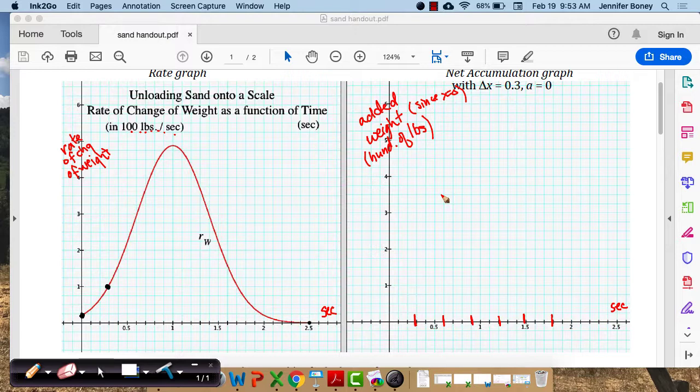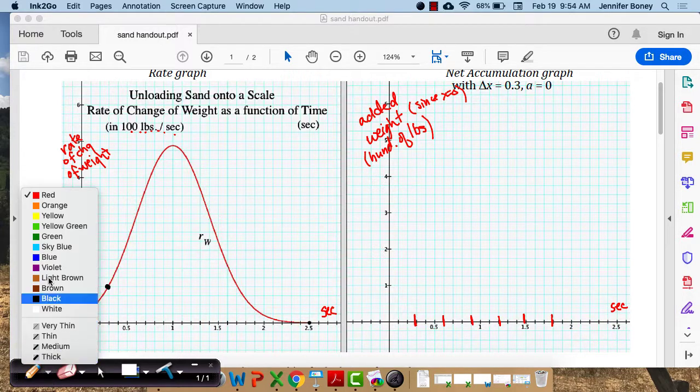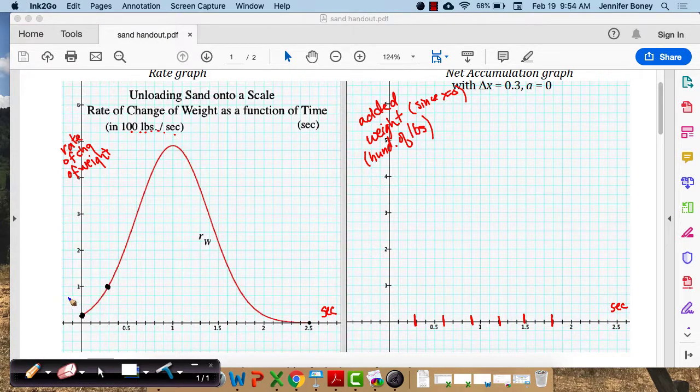All right, so we'll get to doing the graph in a little bit, but one of the first things it asked to do after that was to highlight the points on the curve, and I did one already, and label them exactly using function notation, and then approximate the rate values. So for instance, this first point is at 0, it looks like about 0.25, but how could I express this location exactly? Instead of calling it 0.25, how would I label it exactly? Maybe it's not exactly 0.25. I could call it 0,